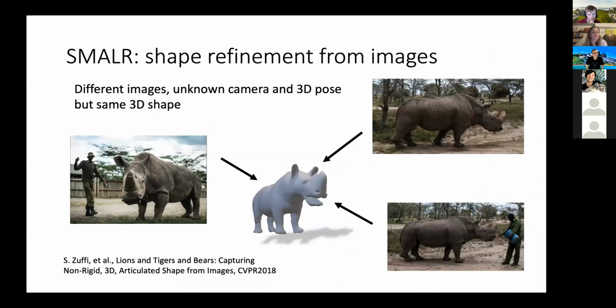So for the animals that are not too far from SMAL, but they're not represented, like the rhino, even if we cannot recover the shape from one image, we can try to leverage different images for capturing a reasonable 3D shape. And this is because even if we get random images from the web of the same animal, those images have different poses, different cameras, but what they all have in common is the 3D shape of the animal. So what we can do